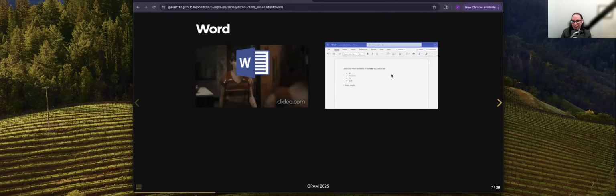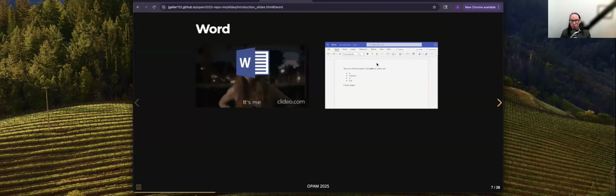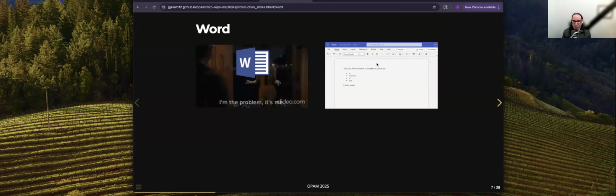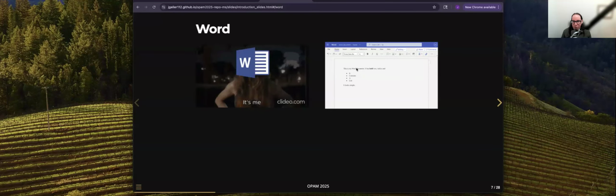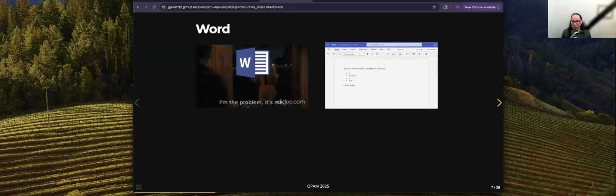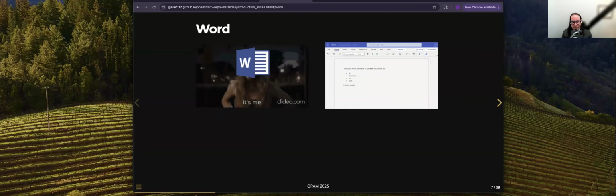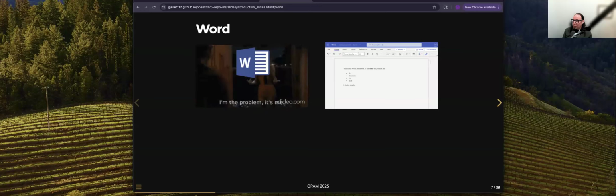So on the right-hand side here, I have an example of a Word document. This is something that we're probably all used to seeing, right? We have some lovely text here. We have some formatting. We have a bold text. We have italicized text. We also have a nice list here, right? This seems really simple, right? We write our document. We send it to our colleagues. Everything is great. But has anyone ever looked inside a Word document,